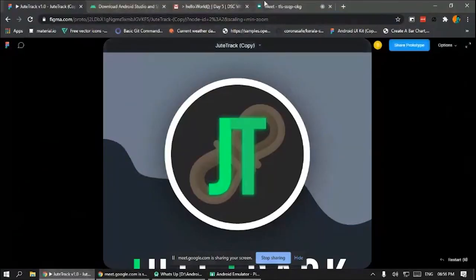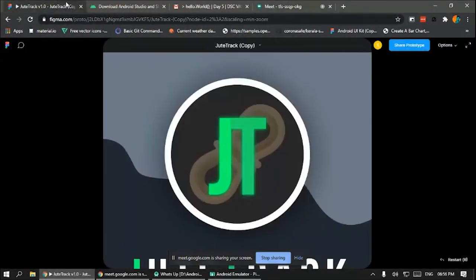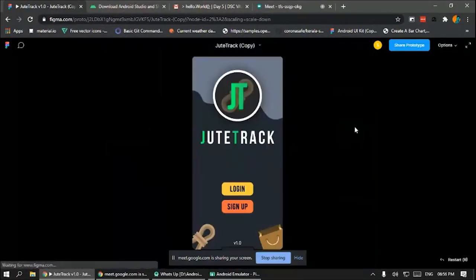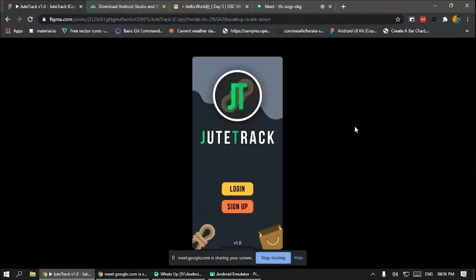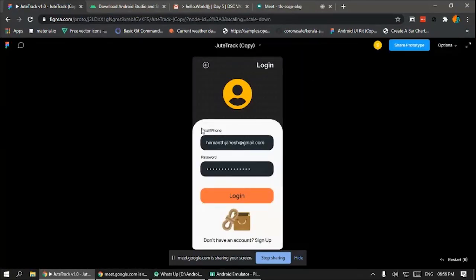Okay guys, now I will show you a beautiful design designed by a famous designer for our Smart India Hackathon. So this is that design. You will know who designed it. First, there is this screen and there is a login button. If I click on that, there is another activity. We need a text view, a field to type in our mail ID, a text view for password, and a field to enter our password.